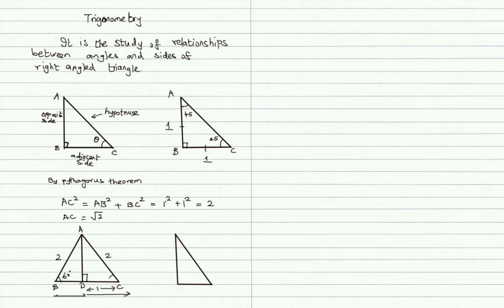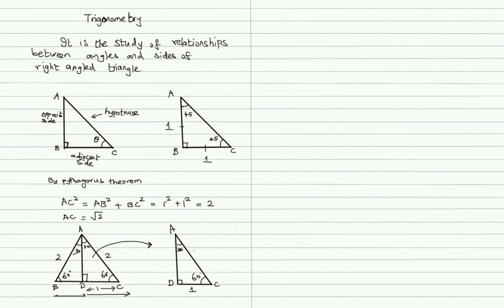In an equilateral triangle, all angles will be equal. So angle B and angle C will be equal to angle A, each 60 degree, and the perpendicular bisects the angle as well as it bisects the side BC. So each of the bisected angle is 30 degree. So if we draw a small triangle ADC right angled at angle D, then angle C will be 60 degree and angle A will be 30 degree in the triangle ADC.